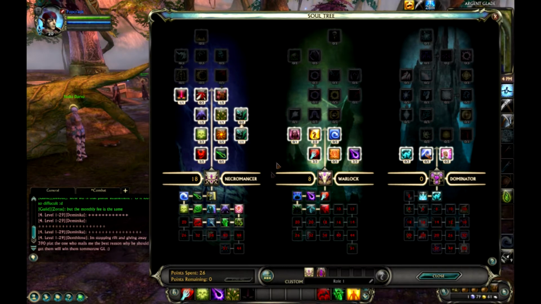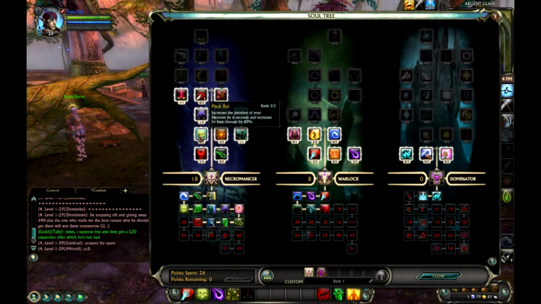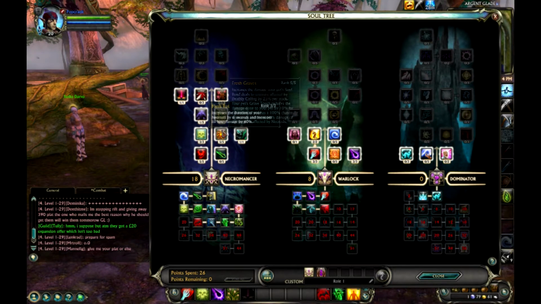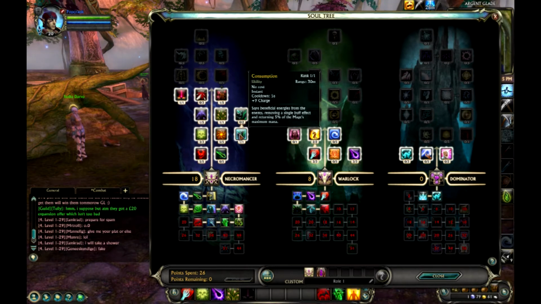that I'm using. So first of all, you put 5 points in Dead's Ally on the Necromancer soul tree. It's very obvious, it increases the damage of you and your pet, well, dead based abilities, by 5%, which is very useful of course. Then Flesh Rot. This is something that applies to your Necrosis, which is like a base spell you will be using at all times, and it decreases the duration and the damage, so 3 points in this. Fresh Graves, just good for your pets, extra damage, always useful, 5 points in that one. And Consumption, a debuff that removes a buff from your enemy and returns 5% of your maximum mana, which is